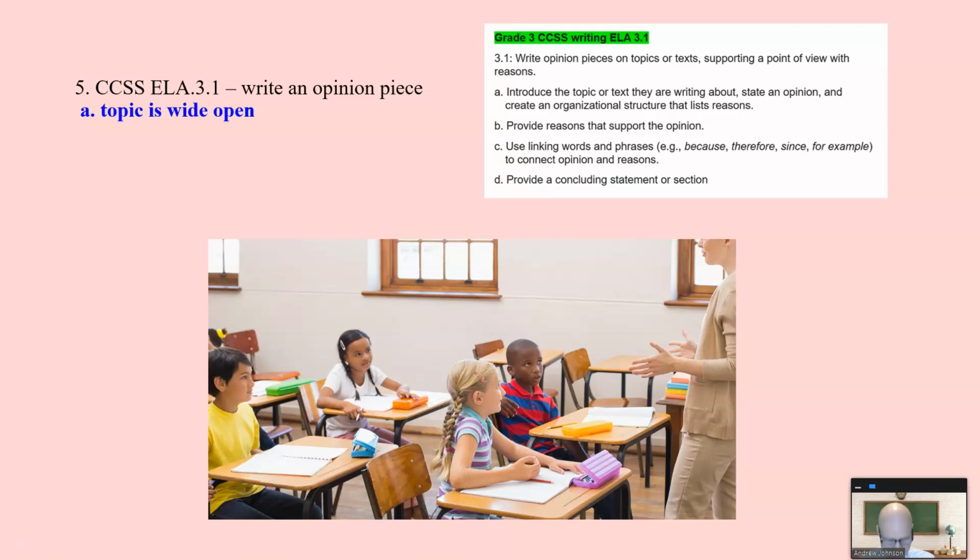All right, and again, I've hit this time and again. Write an opinion piece. It doesn't say opinion on what. Finding an opinion that students want to write about is key. You can't write an opinion on something about which you do not have an opinion. So in 3rd grade, I'm going to do lots of opinion lessons to start with this. Assume students know nothing. This is what an opinion is. It's someone's idea. It's what they think. An opinion cannot be right or wrong. It is what you think, and you support your opinion.